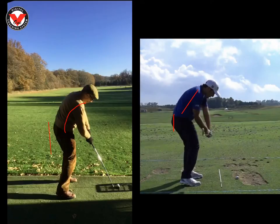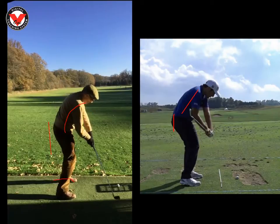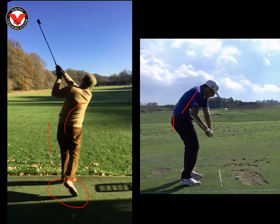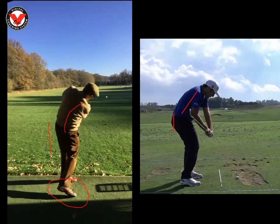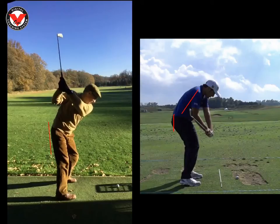So what does that mean for you? Well, every time you move forward, James, if we keep an eye on this right foot that I've drawn another line on, as you go through impact, watch it move forwards. There we go. So we can see it has a little dancing move and moves forwards. And that's just to stop you falling over. So you can imagine how your timing has to be on the money just to not fall over